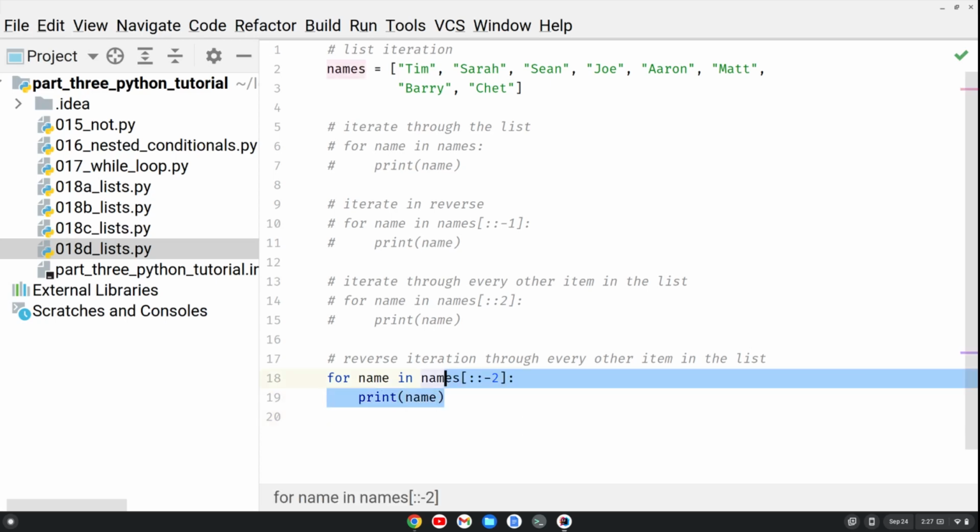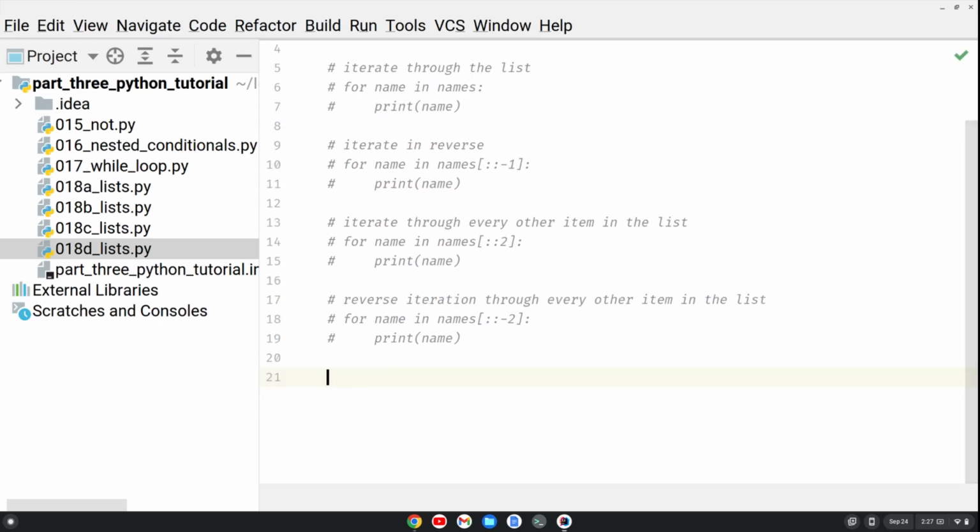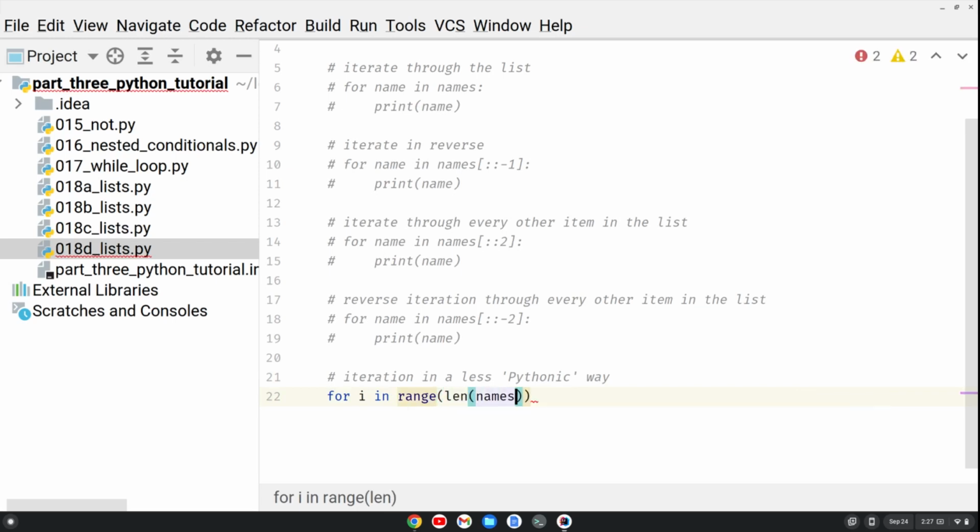Okay, and then I'm going to show you one more method in this file before we create a new file. And this one's going to be more of an iteration in a less Pythonic way, but it's a way to do it. So we could say for i in range length of the names list. And what we could do is print names at index i. Okay, so this range, and I'll explain more about ranges in a moment, starts at 0, goes up to 1 less than the length of the names, which is good because